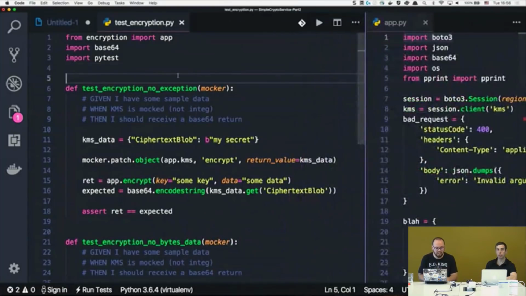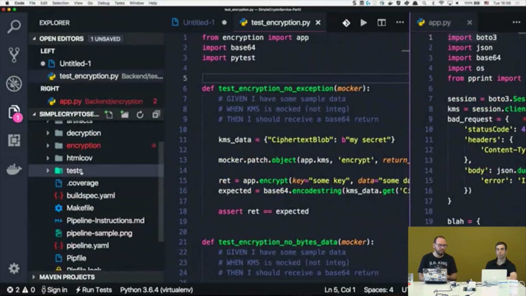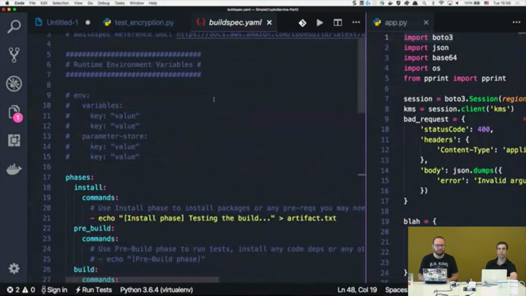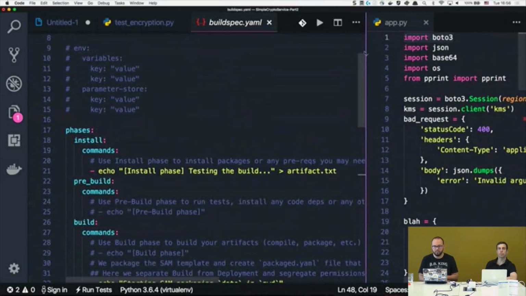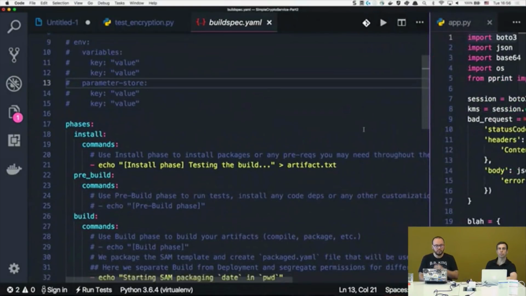Absolutely, because I don't want to keep going into the build and pip install all the yada yada yada. I have a Makefile. I love this Makefile. It's part of the advanced cookie cutter, so I can get it from there. So let's go to the build spec. What do we need to do? So I'm just going to close this for a bit. We need